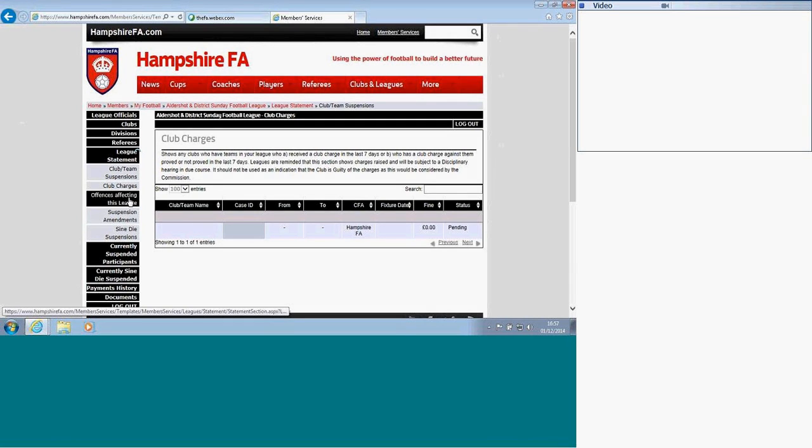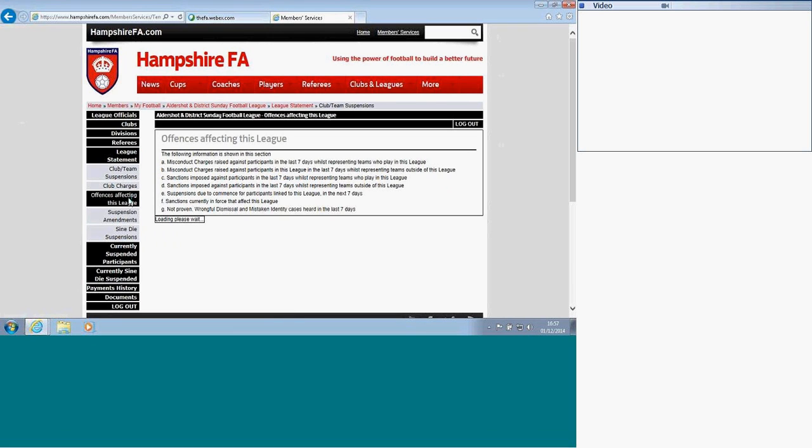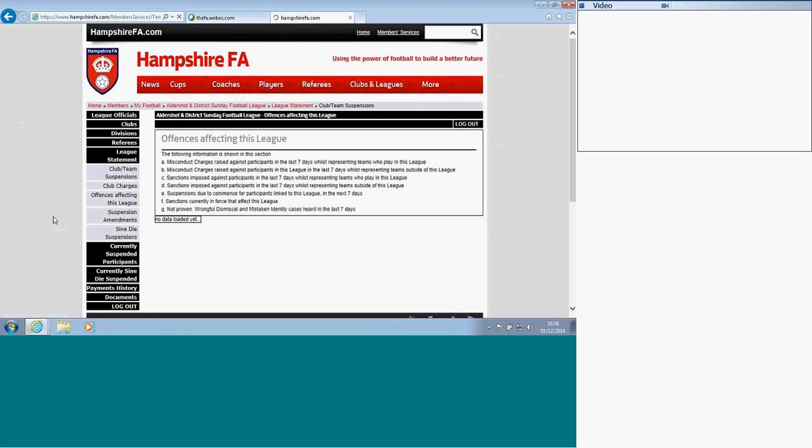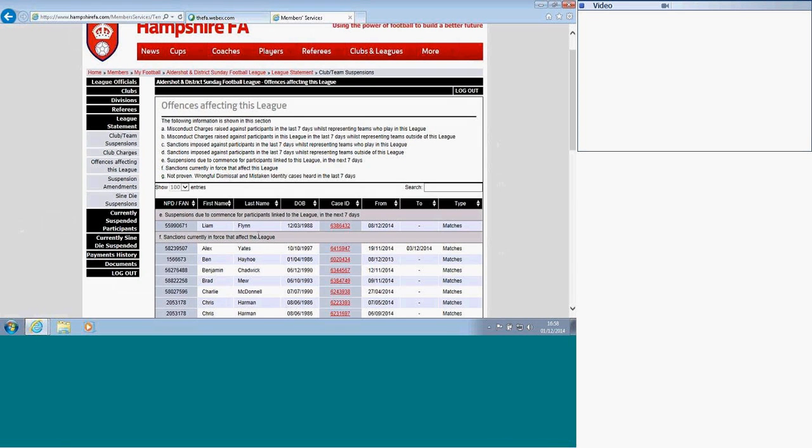Offences affecting the league. This shows misconduct charges raised in the last 7 days against participants who play for teams in your competition, or players who have registered for a team in your league but have had misconduct with another club outside your league. Basically it provides you information for the clubs that players are linked to if they're on suspension for anything else. So, for example, if we look at this league,